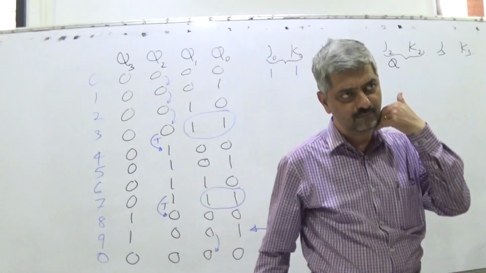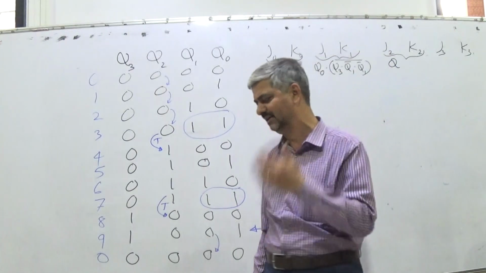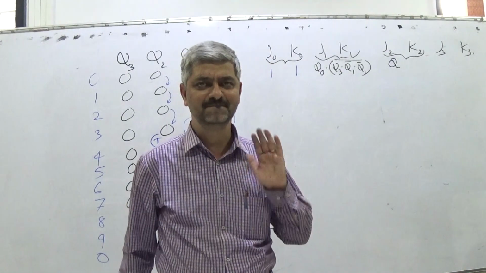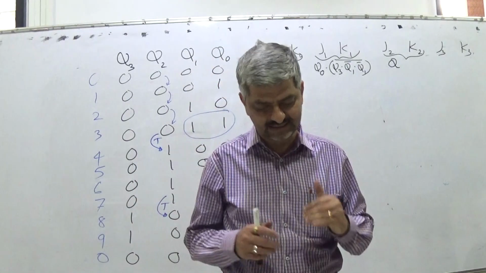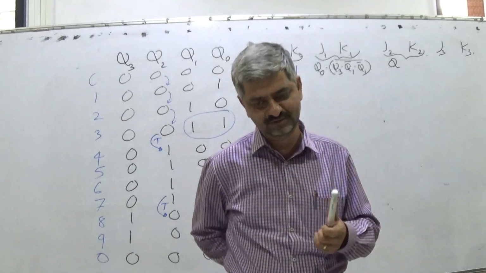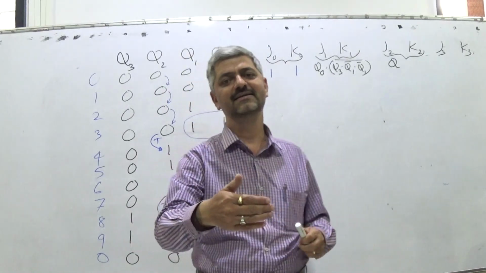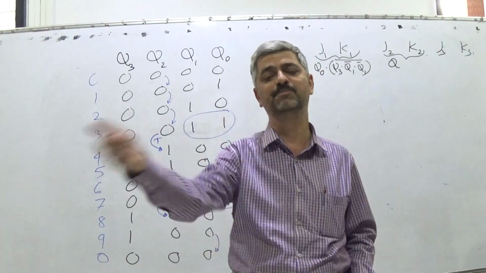So in almost all counters, unless you go for designing something differently, J and K are made common, and they are either made 1 or 0 depending upon the state. So JK of each flip-flop is governed by Q of all flip-flops,